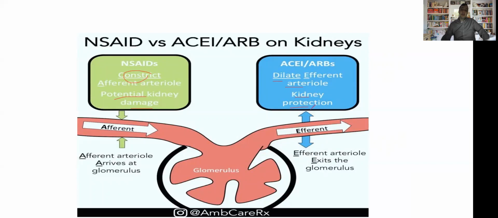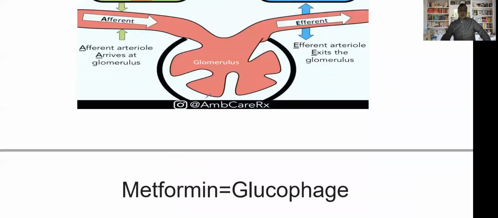in underlying normal kidney. If the patient has already acute kidney injury or the patient has acute renal failure, ACE inhibitor and ARB should be avoided. This is the